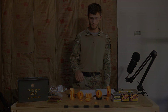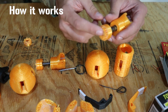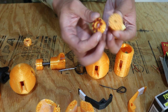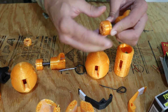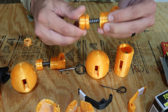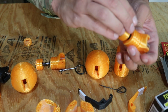And so as you can see here, if I just take out the fuse head, this has 2 parts here. This is going to have the quick change detonator base, where I can easily just replace it with a new quick change base that has caps on it, or if I'm using the adult snaps, I can just leave this on here. And then I can screw this off and put the new one on. And then you can see here, this is how it actually works: I put on a new cartridge, and then I push this spring in and I twist it clockwise,